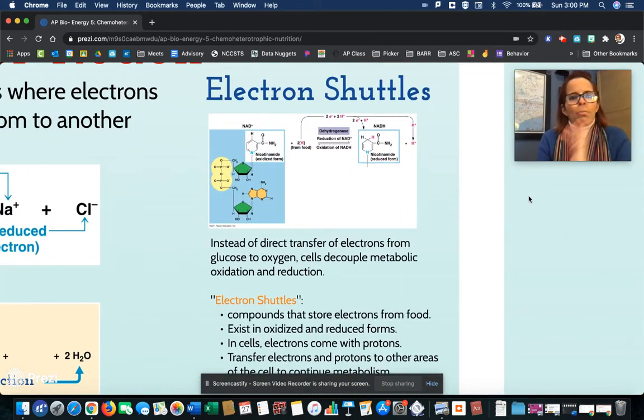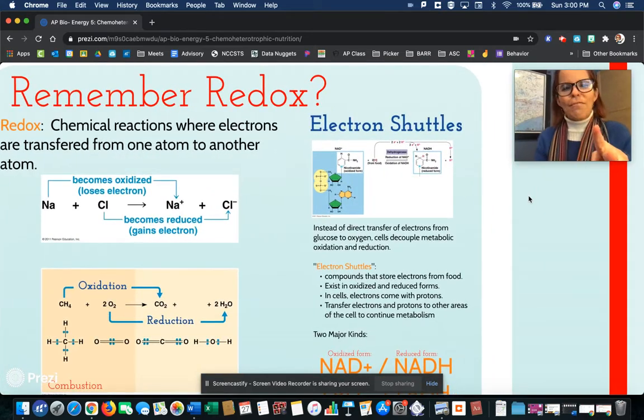A couple of things you need to know before we can even talk about cell respiration are the electron shuttles. I don't think that's an official term, but it's a good way to think of that. So we have two molecules in particular. We're going to learn about a third one when we talk photosynthesis. But right now we're going to talk about two molecules. One of them is called NAD+, and the other one is FAD. Yeah, just FAD here, sorry. FADH2 later. And these molecules have the ability to capture electrons and then carry them somewhere else and then drop